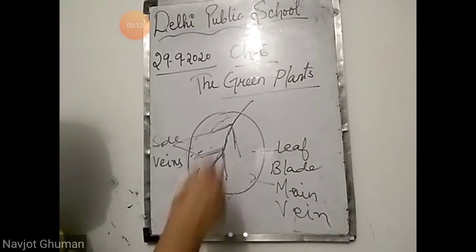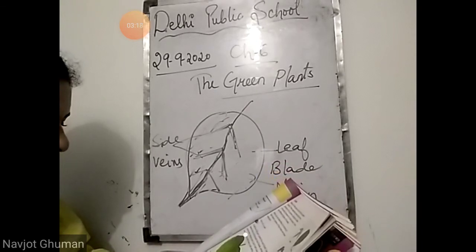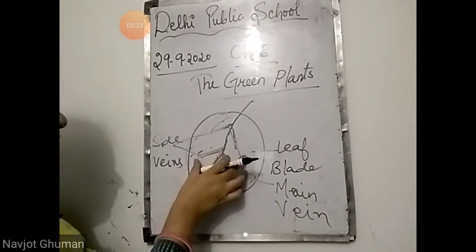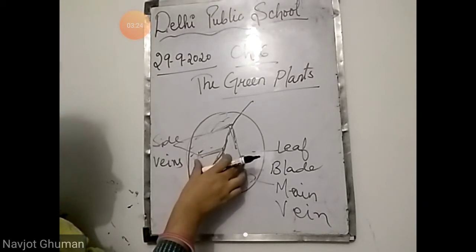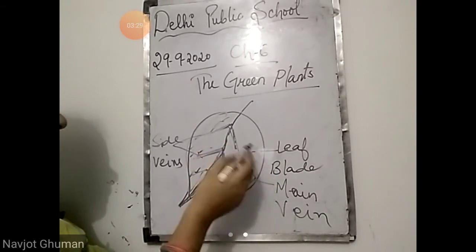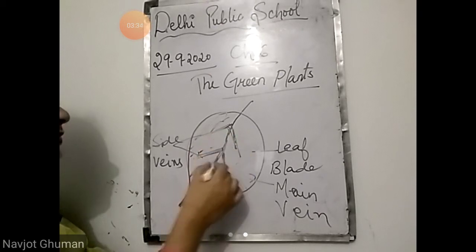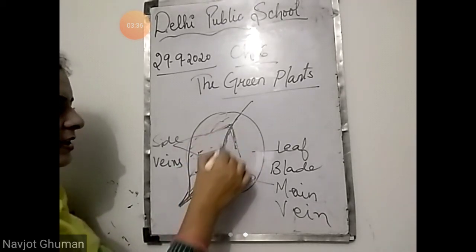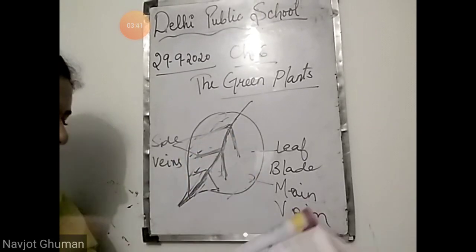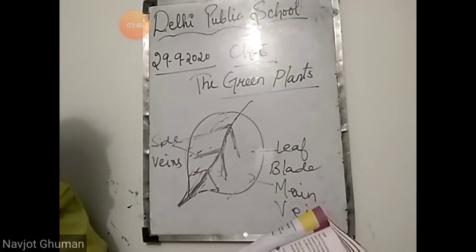Next, what is the function of these veins? These veins help in the transportation of substances to and from the leaf. The leaf is the main producer of food. Leaf में ही food बनता है plant का, तो यहाँ से food बाकी parts को लेकर जाना, जहाँ water या minerals को root से लेकर आना, that is the function of the veins. ये vein यहाँ से food side vein से बाकी parts को जाएगा. It is written, veins help in the transportation of substances to and from the leaf.